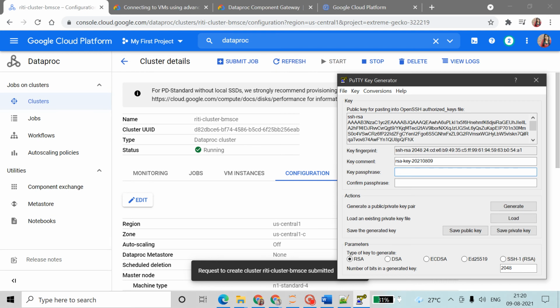Here I want to change the key. I will write reti cluster PMSC. Okay. Password I am writing 12345. Confirm this one, 12345. And one more thing, you have to copy this one.